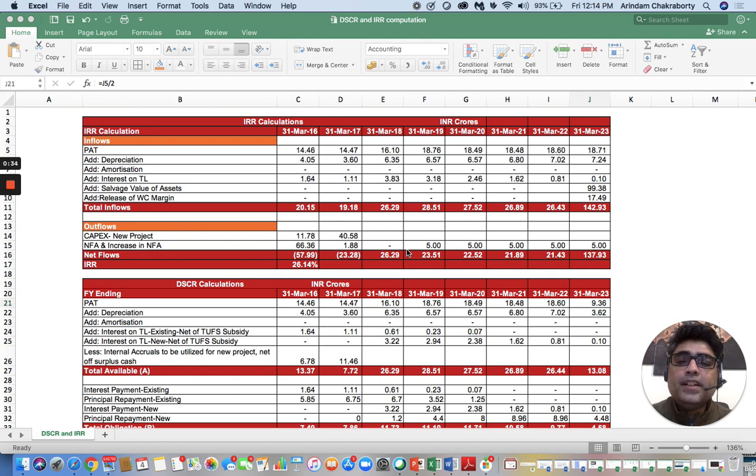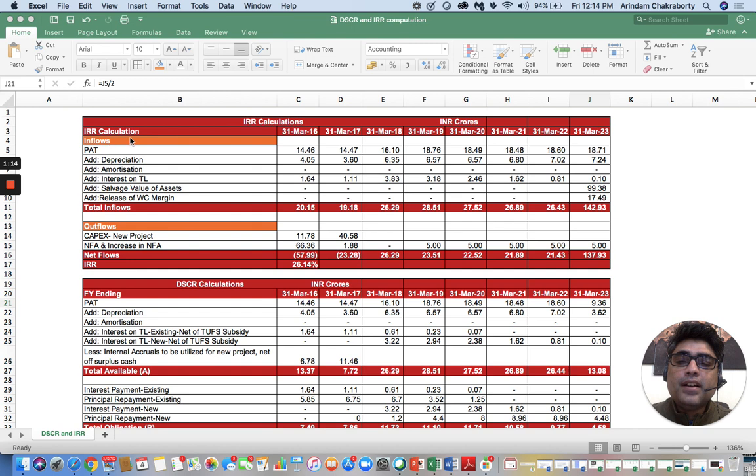As you see over here, there are two computations which are very significant when a banker takes a decision as to whether they should invest in a particular company for a particular project. So the IRR and DSCR computation gets to be very significant. There are many factors taken into consideration in that decision, and obviously this computation is one part of it. The focus of today's video is to give you a flavor of how the computation is done. The basis of that analysis is something we'll discuss in other videos. So let's see over here.